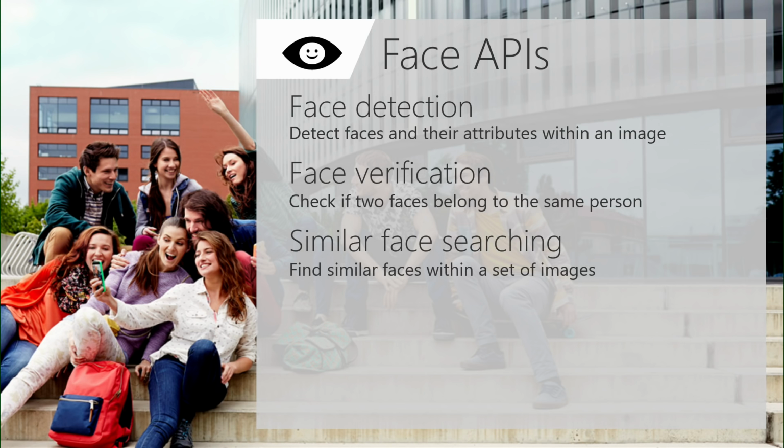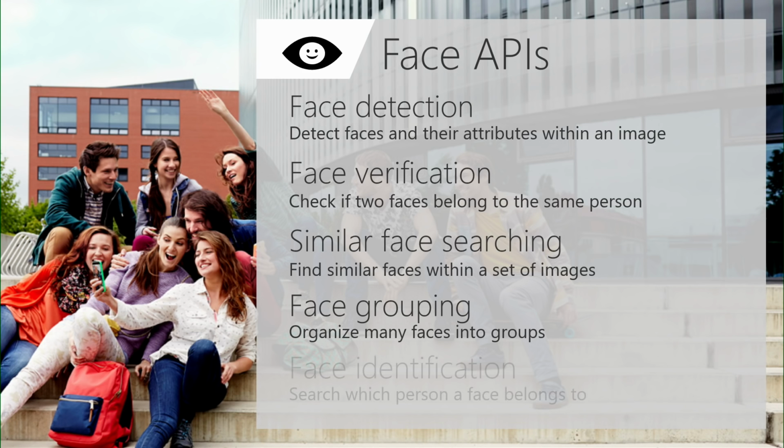Similar face searching, so given a face, is it similar to a group of faces that you've previously trained? Face grouping, so given a set of photos, like maybe a family photo album, can you group those into photos of person A, photos of person B, here's person C that we've found. And finally, face identification. So you can train a face group in Face API of photos of people and say,